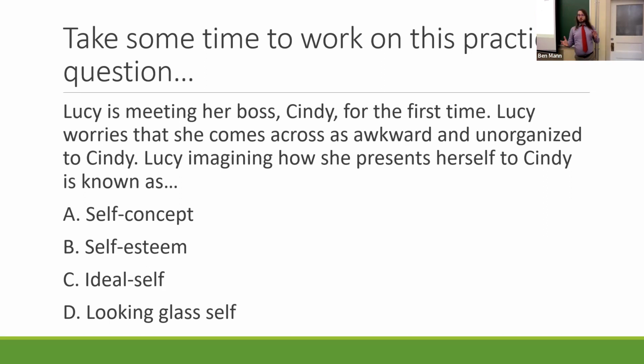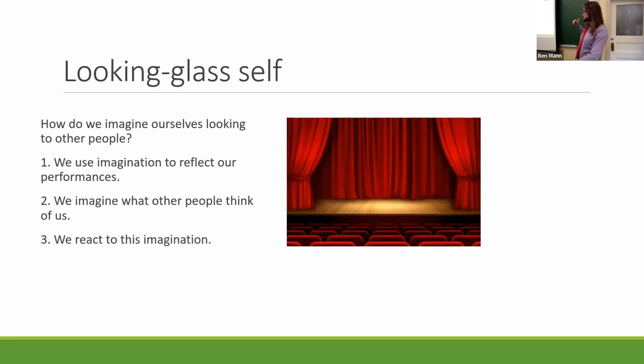Self-concept refers to a stable set of beliefs about yourself. So for instance, I'm a tall person, I'm a short person, that would be self-concept. And an ideal self, right, is how you would like to be. So it's upon looking in the mirror and wishing that it was a queen, right? So that helps us try to break down these parts a little bit. Looking glass self, again, is that imaginary performance piece that's present.